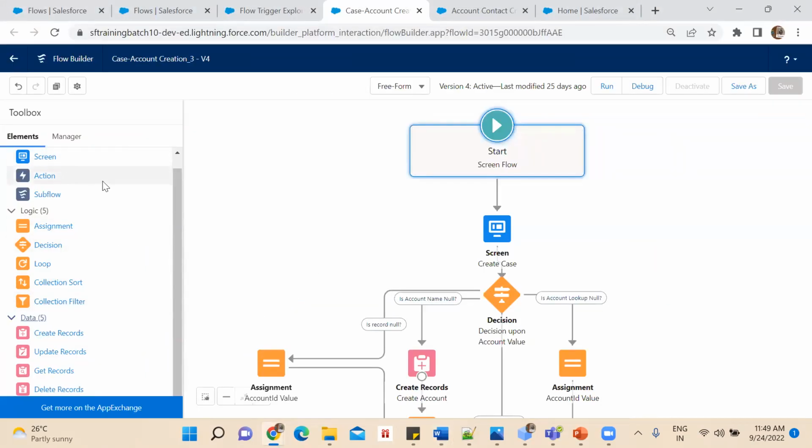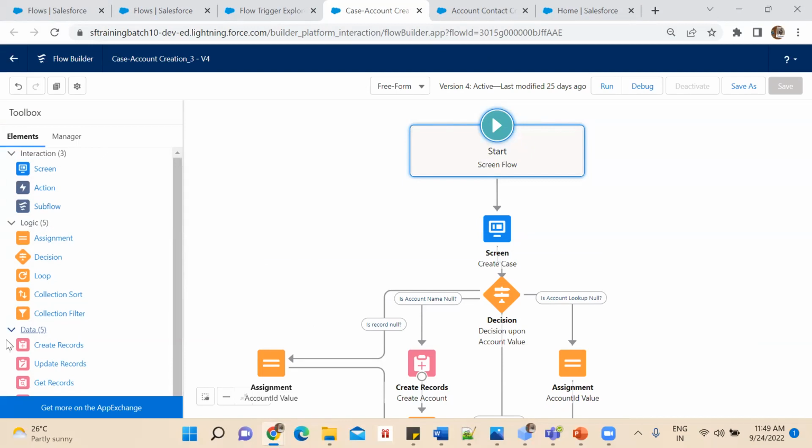So any doubt in understanding elements and the different groups of elements that are available, other than collection sort and collection filter? If there is a pin drop silence, I will take it as no. No, there are no doubts. Okay, if there is pin drop silence, I'll take it as no, or rather I'll take it that people are sleeping. No, we are in an active stage. Take it as a no. Okay, thanks a lot.